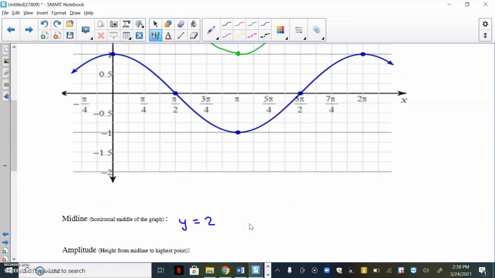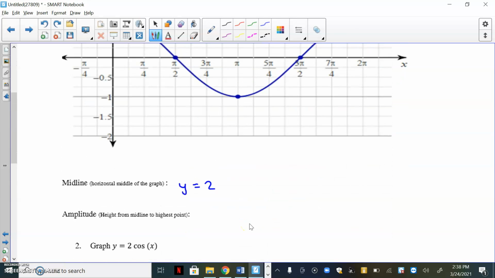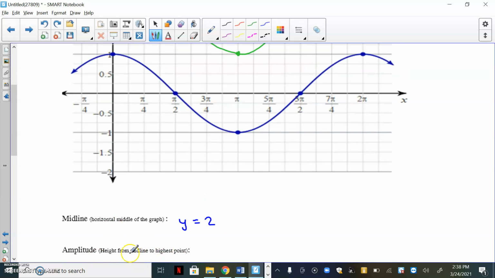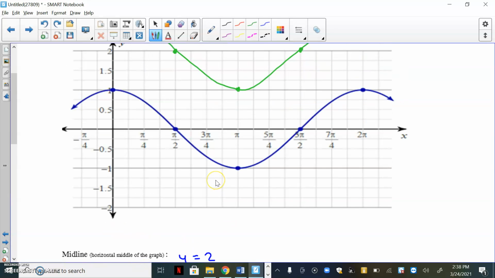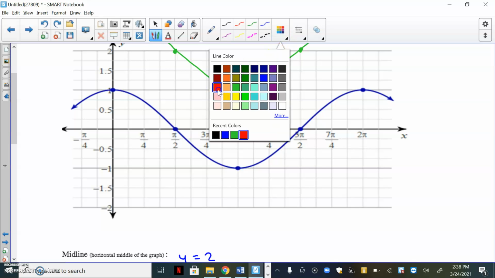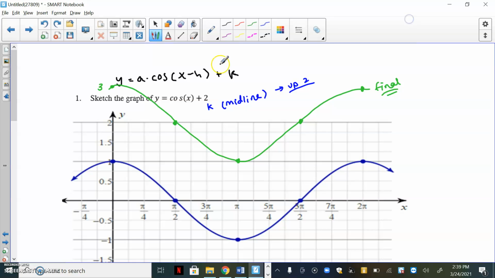All right, so next we have, oh, I should probably talk about this amplitude. Remember, the amplitude is the distance between the midline and the highest point, or the lowest. Remember, it doesn't really matter. Same thing. So if we were looking at the midline right here at 2,